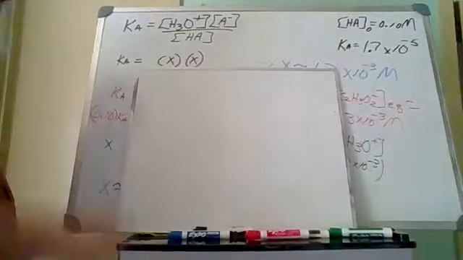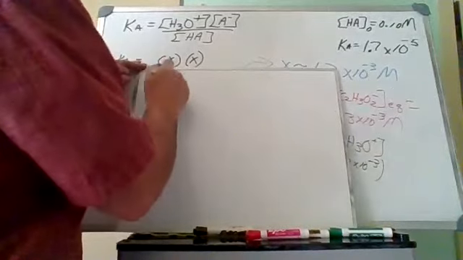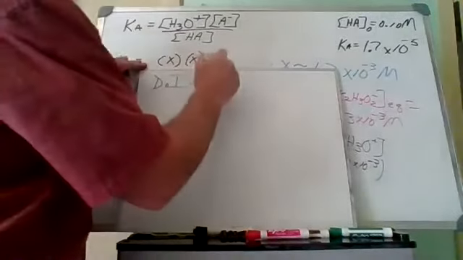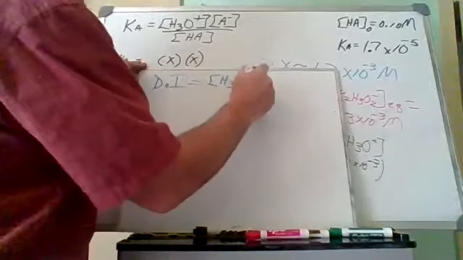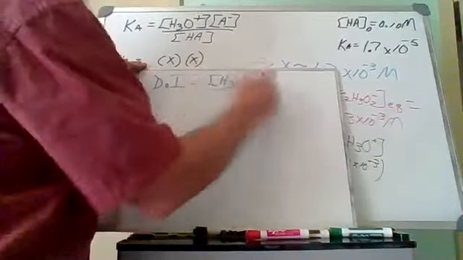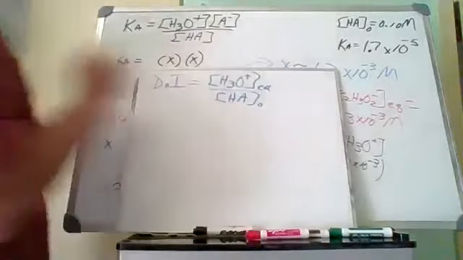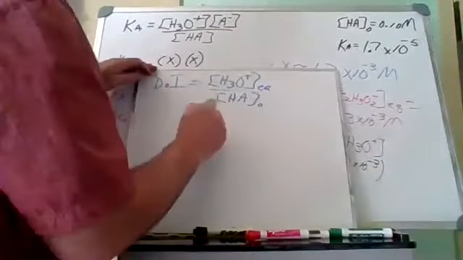Okay, so degree of ionization. I'm just going to put DOI instead of writing it out every time. It equals H3O+ at equilibrium divided by the starting concentration of acetic acid. All right, well, we know what that is. Right there, 1.3 times 10 to the negative 3rd